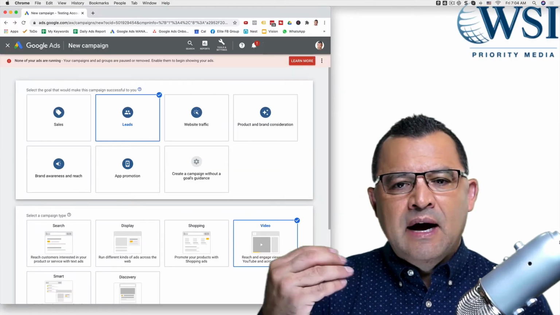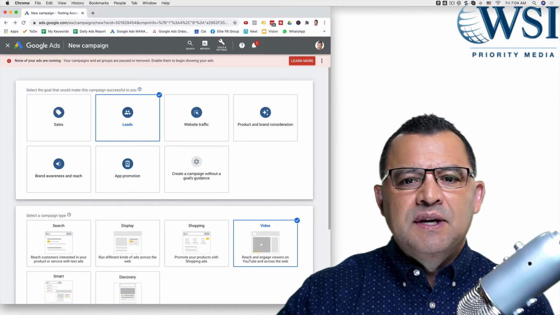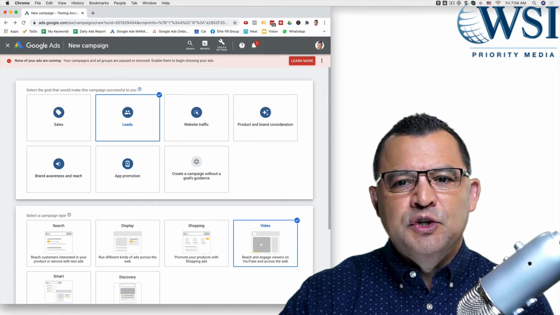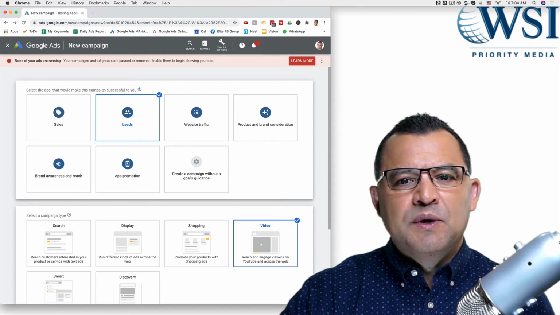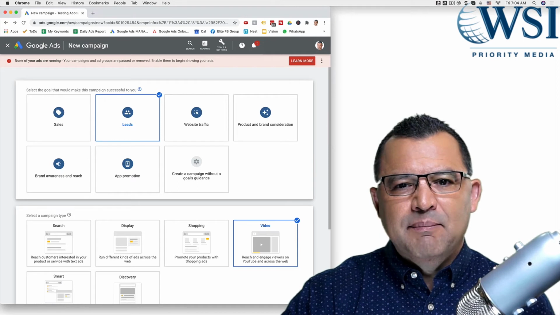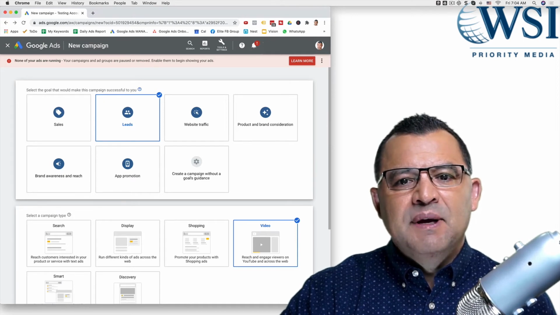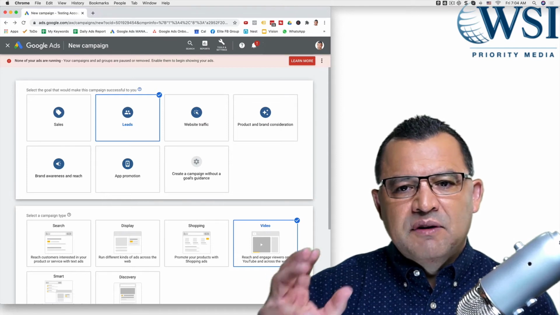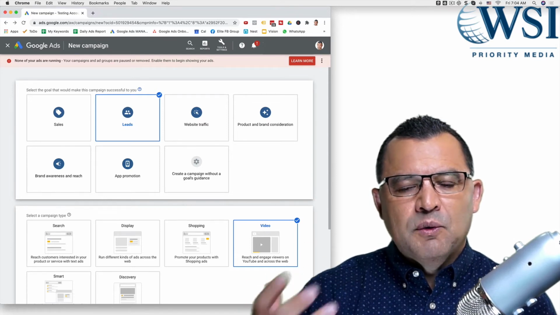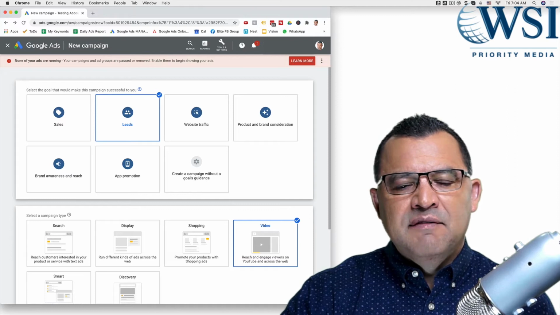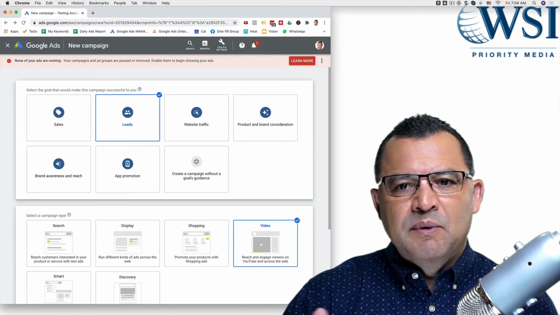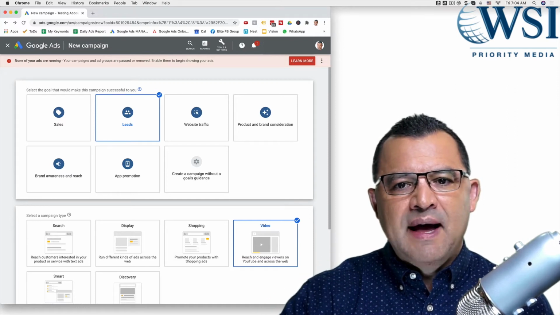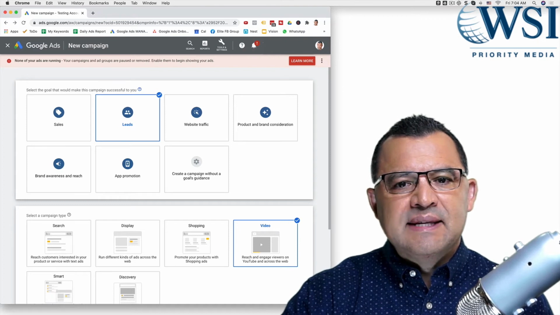So let's talk about how to set these up. First of all, you need to make sure that you have admin access to your Google Ads Manager. And this is where you're going to set up the TrueView InStream campaign. The first step is conversion tracking. Make sure that you have your conversion tracking set up before you run this type of ad, because obviously you're going to get bad data without being able to track all of that. And so let's head over to the Google Ads dashboard.